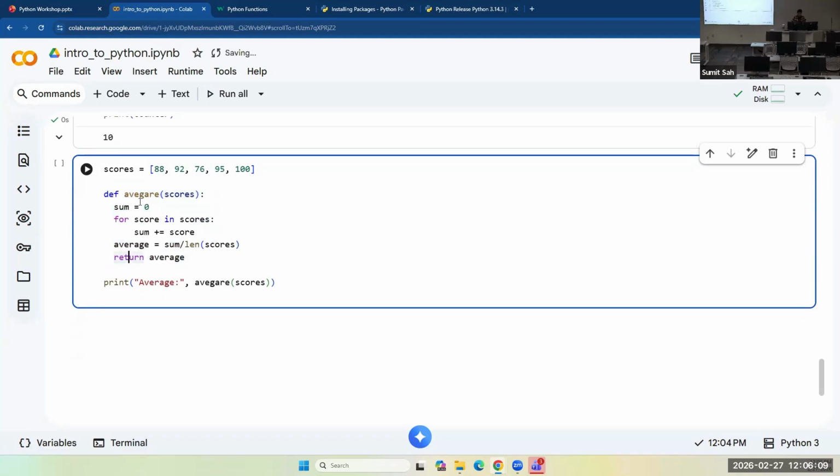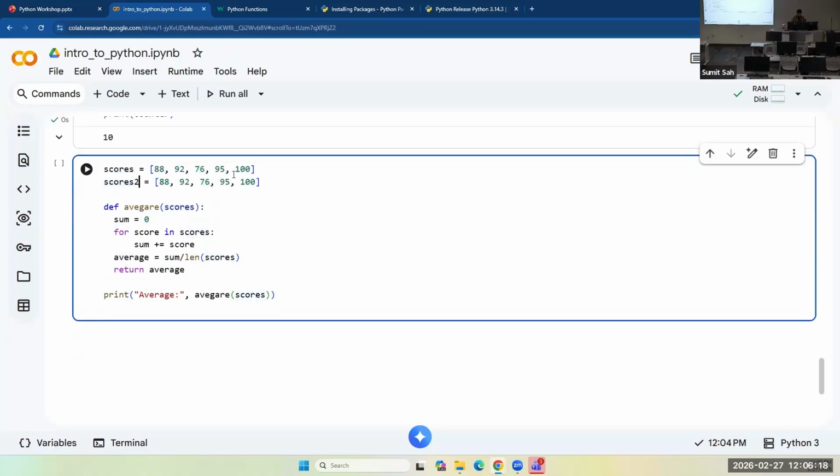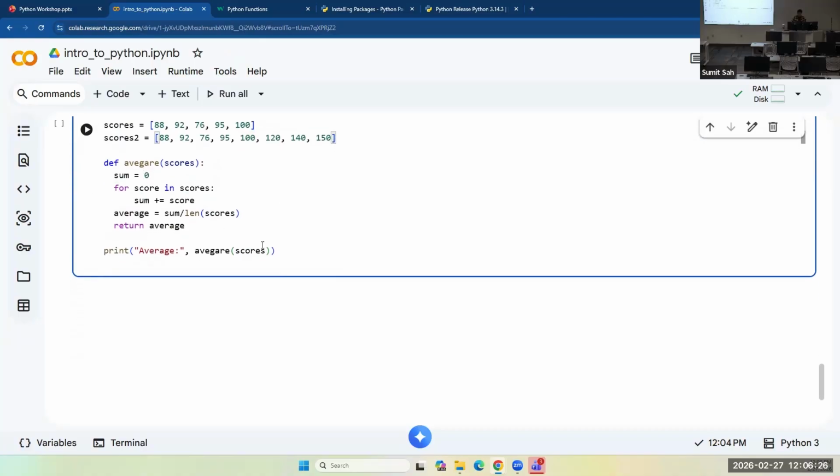Now I can use this average function and plug in any other score values. It can be anything, not just scores, like scores2, 120, 140, 150, whatever. I have a function now. And whatever list I have, I can just plug it into the function and it will give me the average.